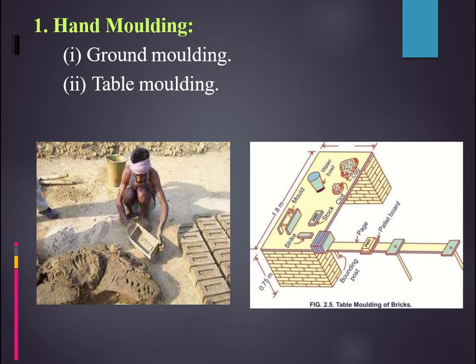So what we do is we fill the complete mold with clay as done in ground molding itself, and then a thin board called a pallet is placed over the mold. You can see the pallet board here in the figure also. So we place this pallet on the mold. The mold containing the brick is then slowly lifted from the stock board, and it is inverted so that the molded clay along with the mold will rest on the pallet, and then the mold is removed as explained earlier in the same process like ground molding, okay.